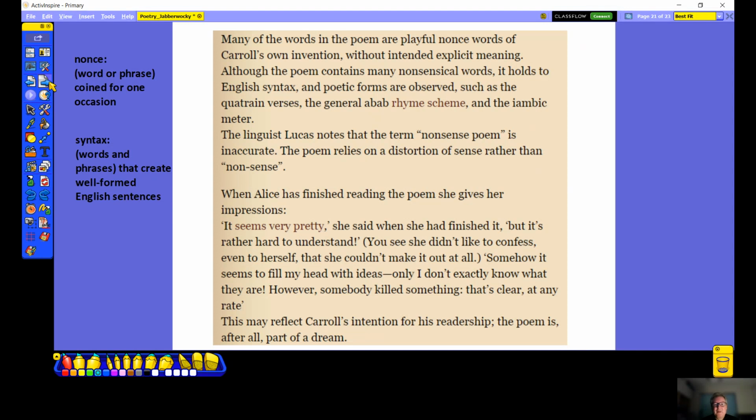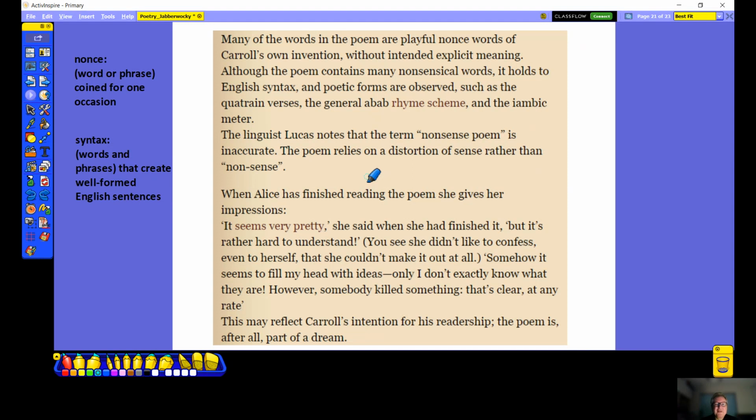And I thought this was quite fascinating because there's a linguist, someone who looks at language, and this linguist noted that they thought that nonsense poem was a bit inaccurate because the poem relies on distortion of sense rather than no sense. And I like that because it is distorted. It's kind of weird, as you've all discovered. But then so are dreams. And when you read it, and particularly when you reread it and you think about it in your own mind,